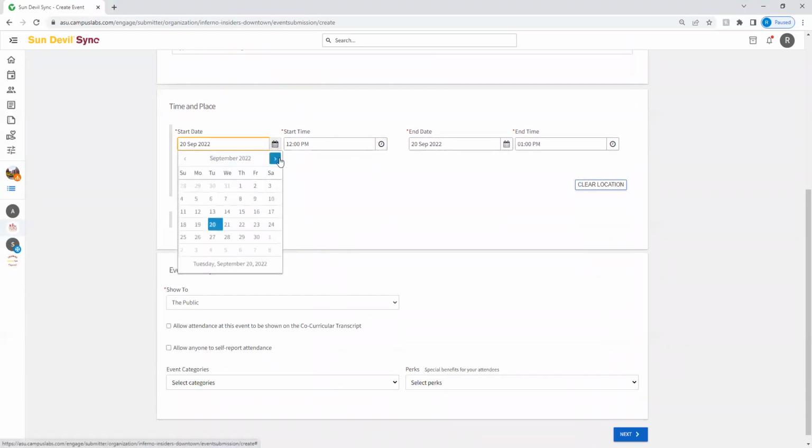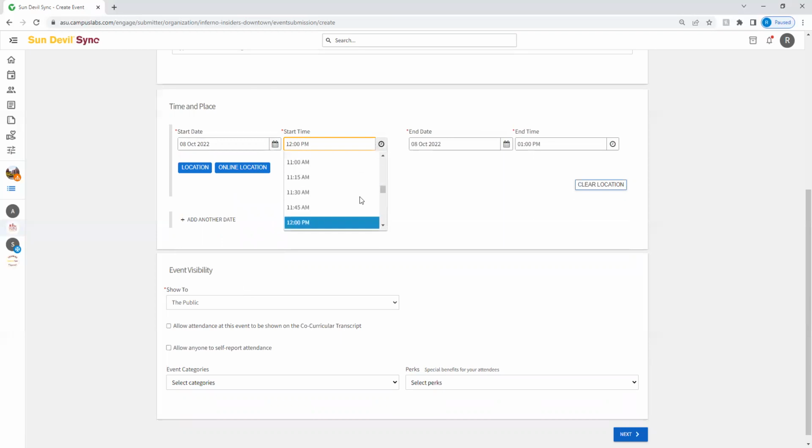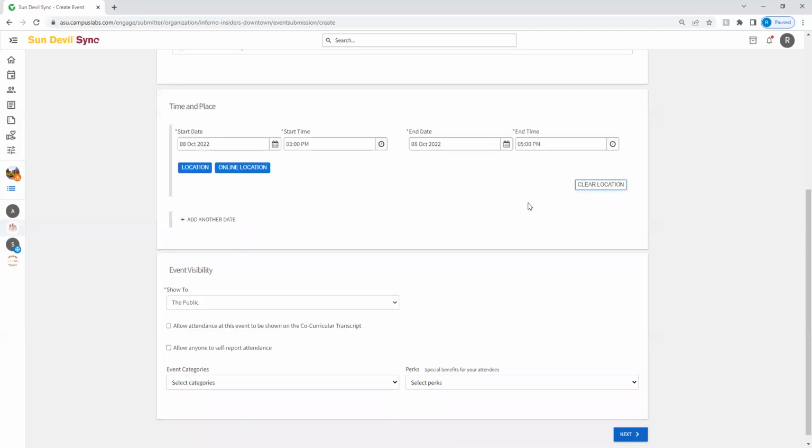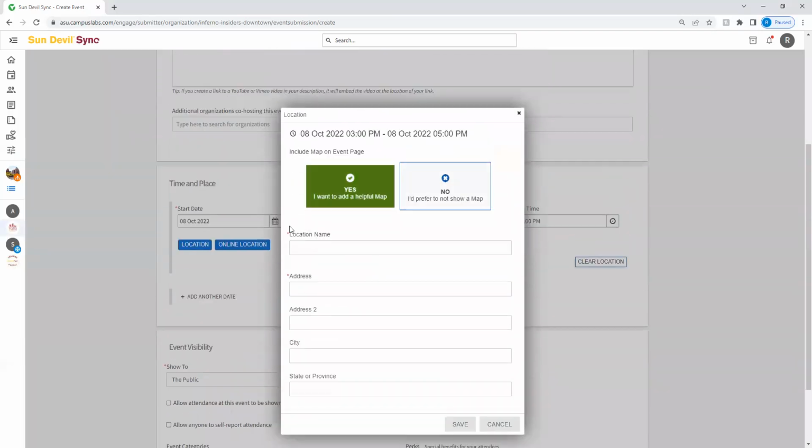So just picking the date of the event. So I know this one is taking place on October 8th. And then the time is between 3 and 5 p.m. And then make sure you're always adding a location. If you're doing a Zoom one, you would click online location, you'd enter the Zoom link. If it's an in-person location, you would just go on here, type out the location name, Taylor Mall, and the